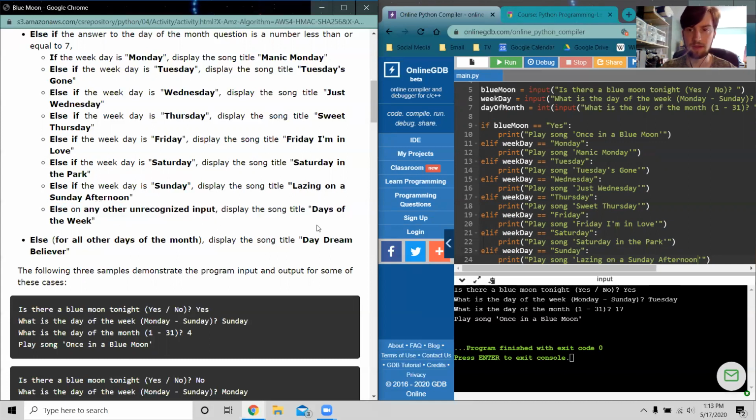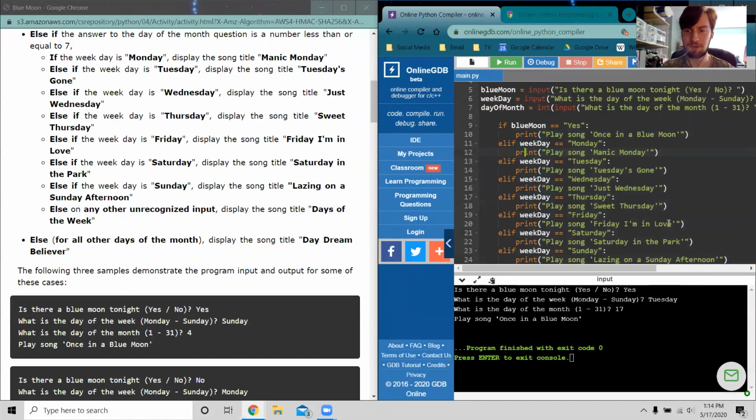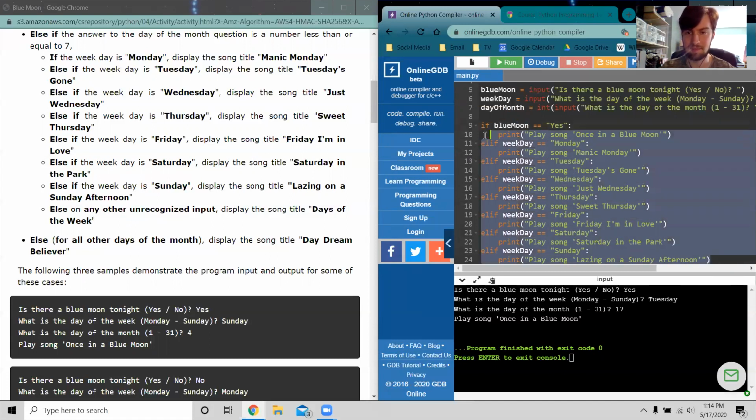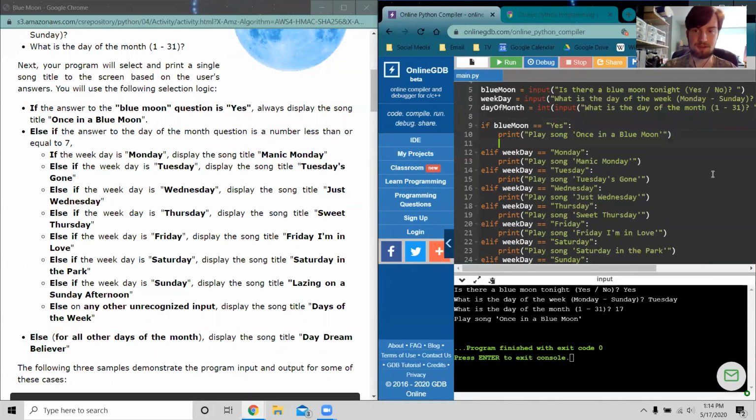And then what happens here? And then we say, oh wait, I missed something. Okay, so let's just make sure this does work. If you highlight everything, so I missed something. I missed this one. So what happens here is that, yeah, I missed this. If blue moon equals yes, then we're going to do this. If not, or else if,